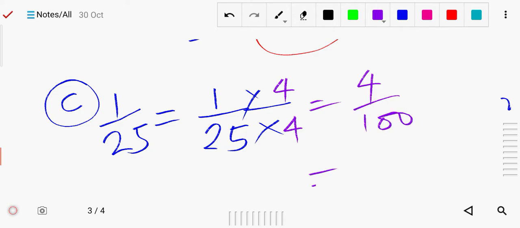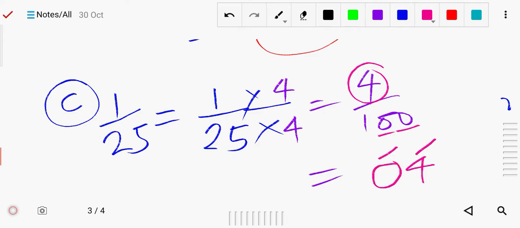Okay, now this 4 you write here the same. Now, how many zeros are there? 2 zeros. Start counting from here. 1, 2. But here there is nothing when we count 2. So put a 0. Then after that write the decimal, because after 2 digits will be the decimal because 2 zeros are there. So 1, 2, then decimal, then one more extra 0. So 0.04 is the answer. Got it? Okay.